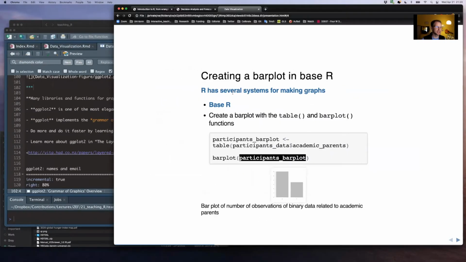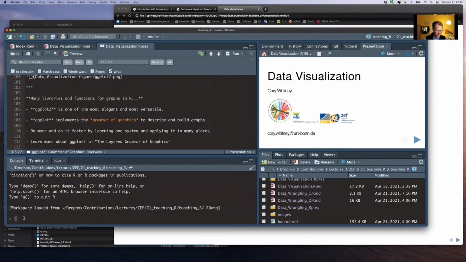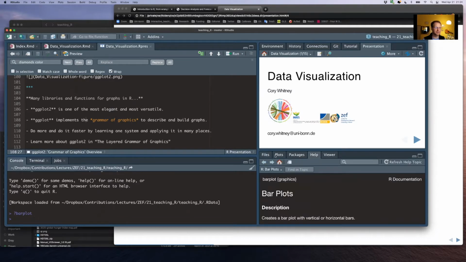So let's just back up a little bit. The first thing I mentioned there about using the question mark. So what is barplot, right? Maybe you're curious about barplot. What does it mean? What does it do? So here I am in my console. I've entered a question mark and barplot, and I'm just going to hit enter here, and I get a help file,